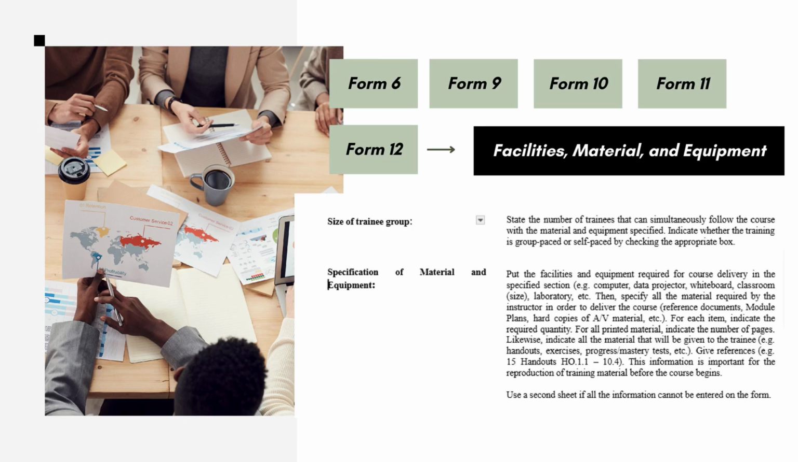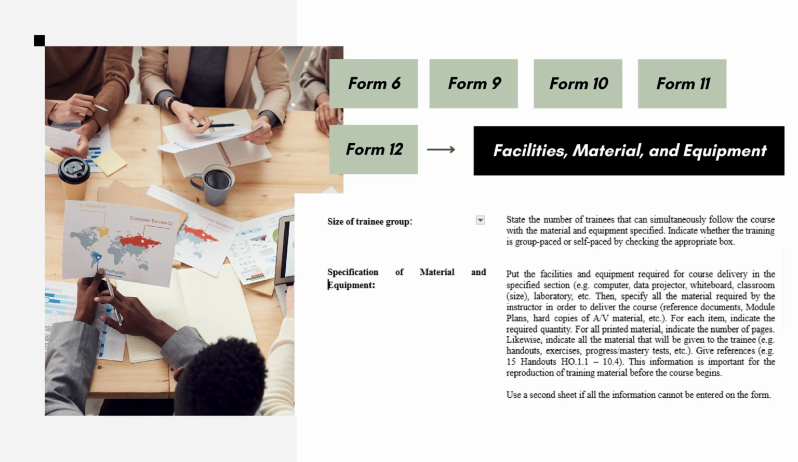Form 12 is about facilities, material, and equipment. Here, you record the size of the trainee group and indicate whether the training is group-paced or self-paced. You also list all facilities and equipment needed, such as classrooms, computers, projectors, or laboratories. In addition, specify the materials for the instructor, like module plans, reference documents, and copies of audiovisual materials, as well as the materials for trainees, such as handouts, exercises, or tests, with their exact quantity and references. By completing Form 12, you make sure that everything required for the course is prepared in advance, so the training